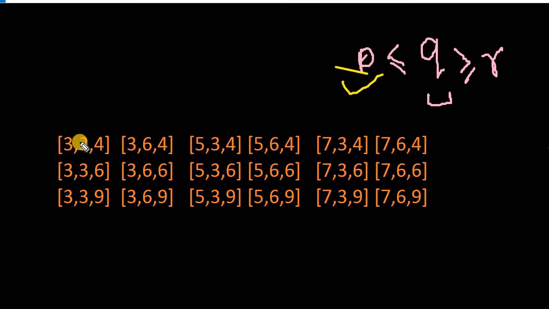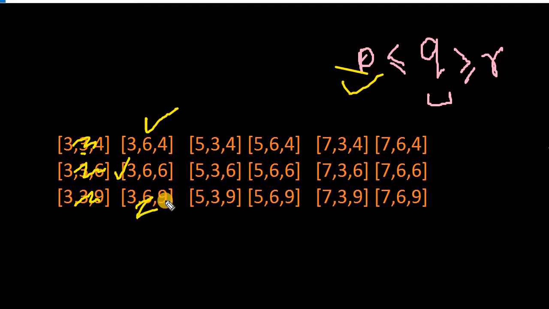In this case, 3 and 3. 3 is not the highest because we have 4, and this fails the condition, so we'll discard it. Similarly for this, 6 is higher than 3, so we'll discard it. In this case, we can see that the middle element is greater than the first and third as well, so this triplet satisfies our condition. Similarly, this triplet also satisfies our condition. So we have the second element greater than or equal to the third and the first. We got two triplets as of now.